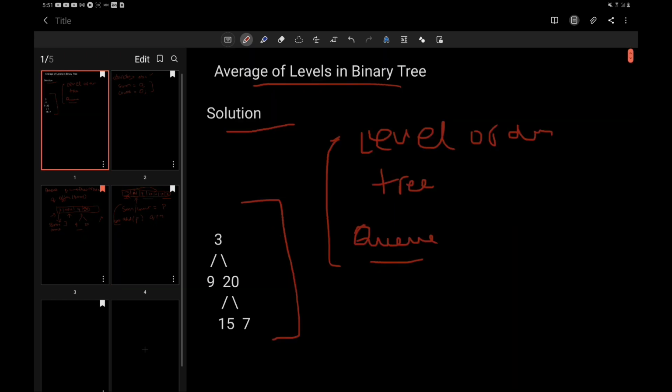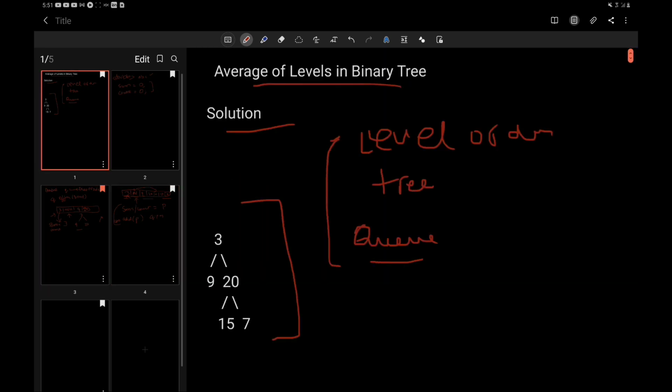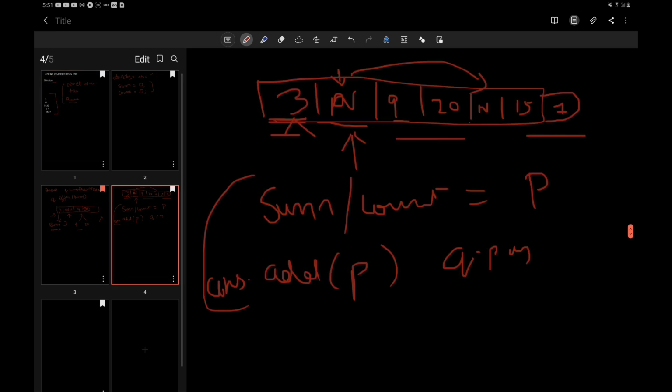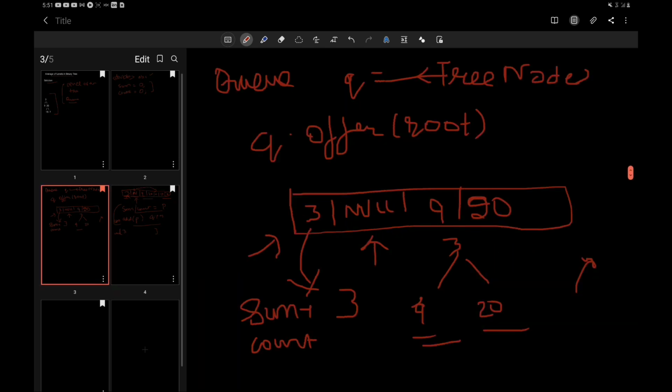I think it's clear with this example as well, because when we encountered 3, we pushed the 3 to the queue. All right. Then we encountered a null value, we just pushed it in the beginning. So we perform this operation and add it to our final answer, that is 3, add it to the final list. All right, suppose this is the final list. All right, then before we encounter null, what we do is we check the left and the right node, and if they are not null, we push them to the queue.